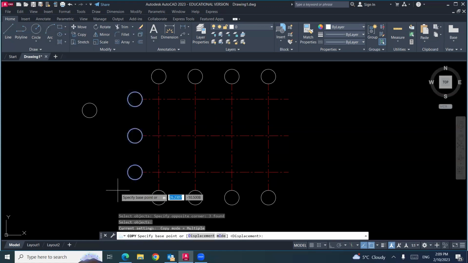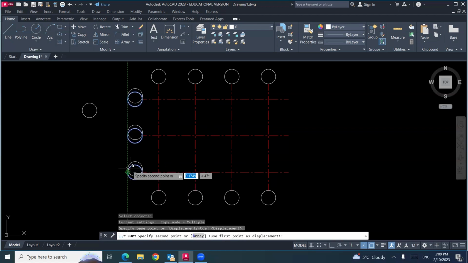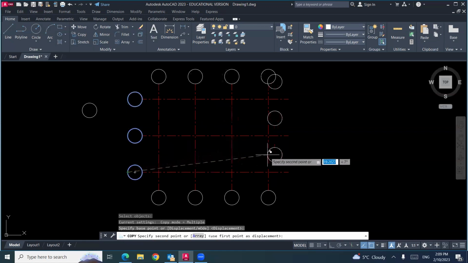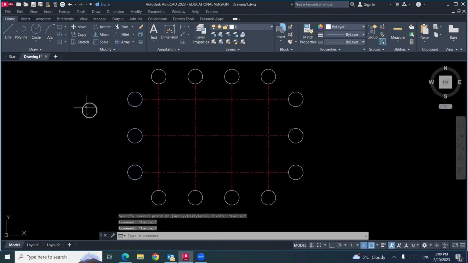Enter. We need to select the base point. How can I hold them? I can hold one of them from here. The other will come with me relatively to this end point. I am done. I can delete this original